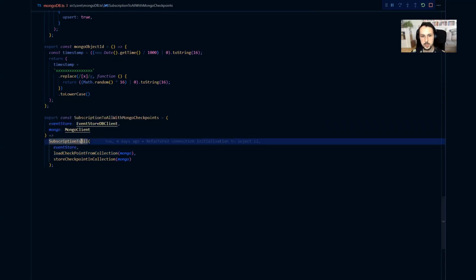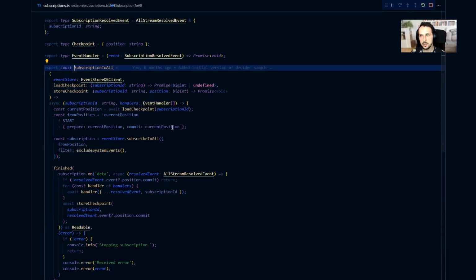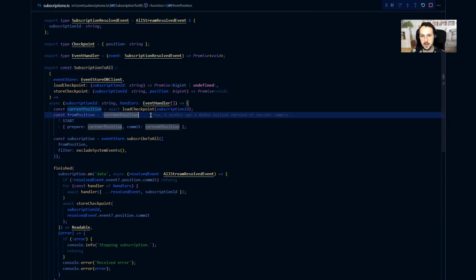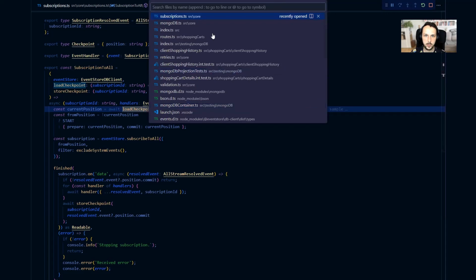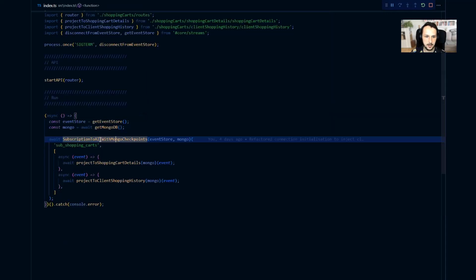And we need to store those checkpoints somewhere. In Event Store, the most suggested and recommended way is to use the regular subscriptions, so-called catch-up subscriptions. And in this case, we need to maintain the checkpoints on our own. So we need to store them somewhere, and that's why we are passing